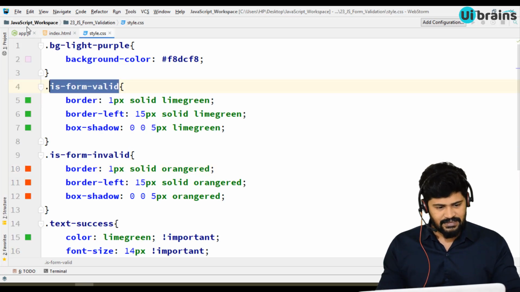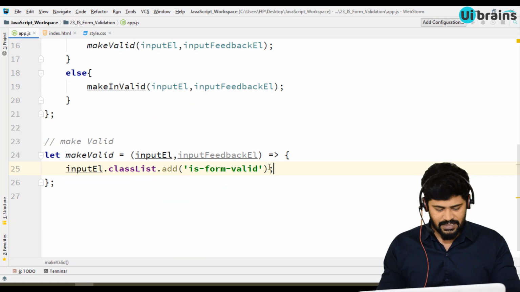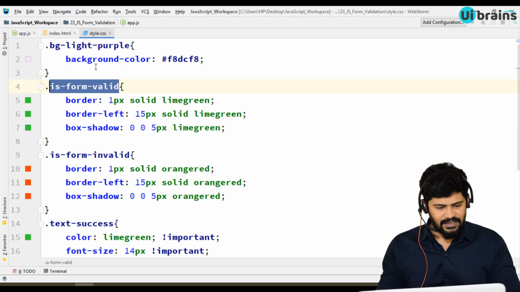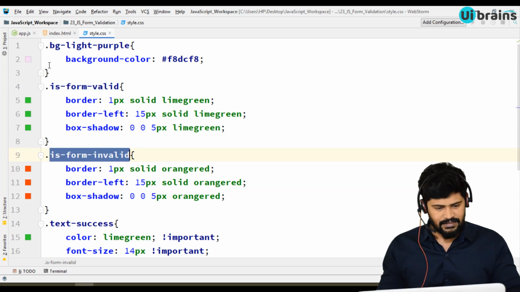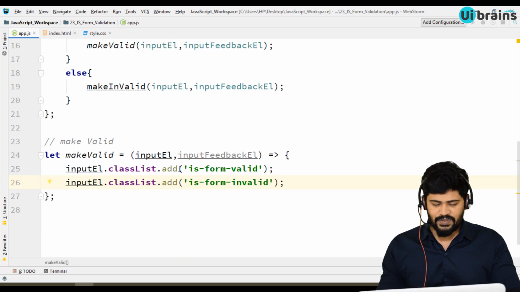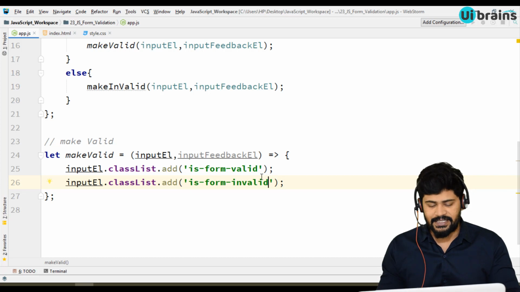Not only adding, you have to remove the other one, that is invalid. So let me delete invalid: you're going to add valid, add green, and remove the red color.